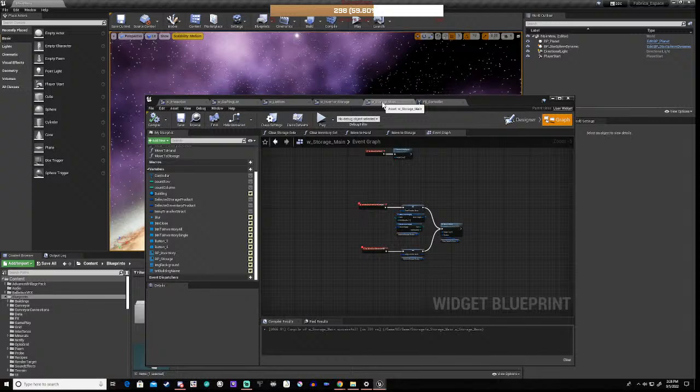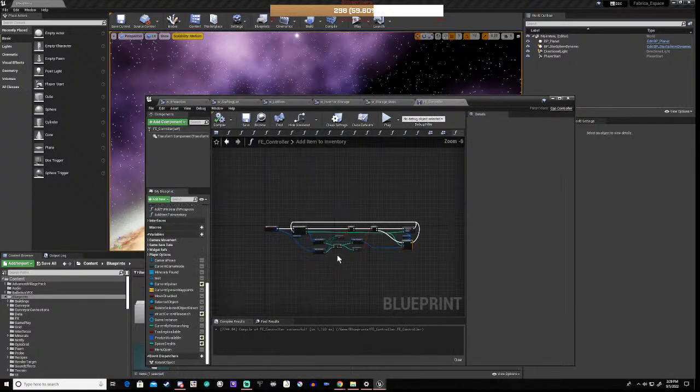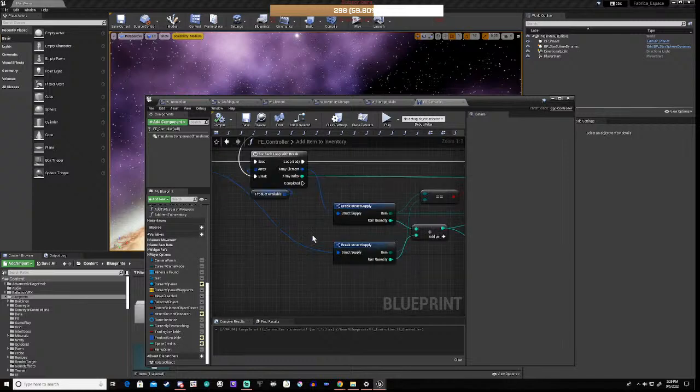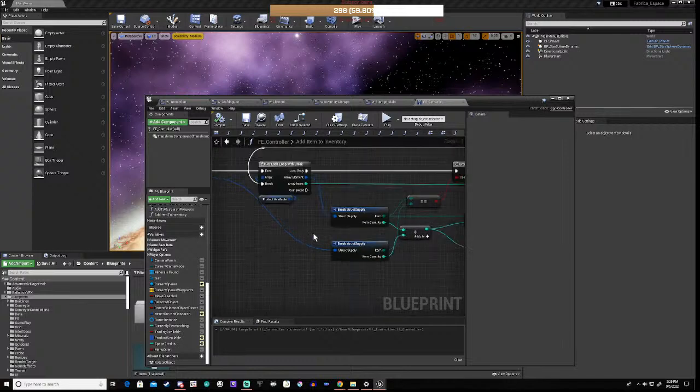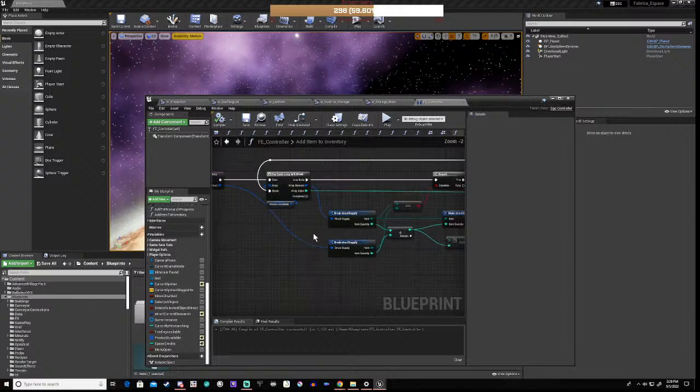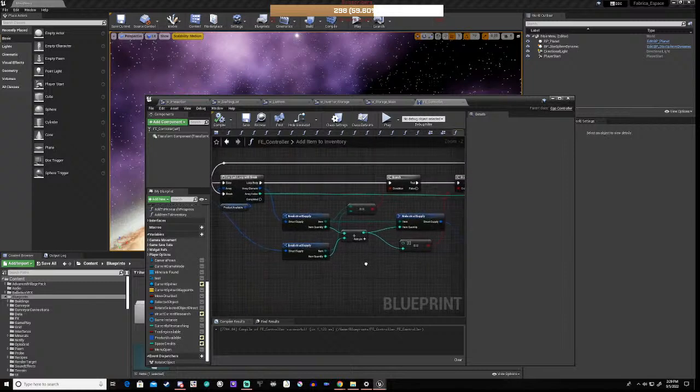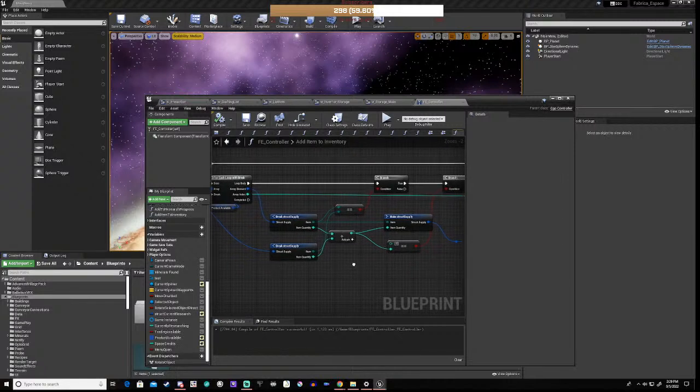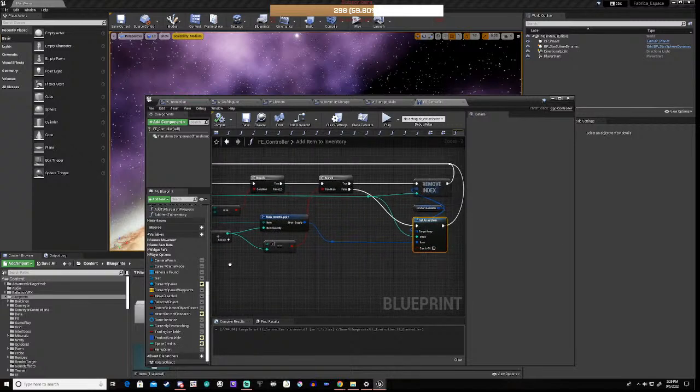And what we want to do now, and this is a little bit of a change that's going to make us have to do a little bit more. This is all working okay,